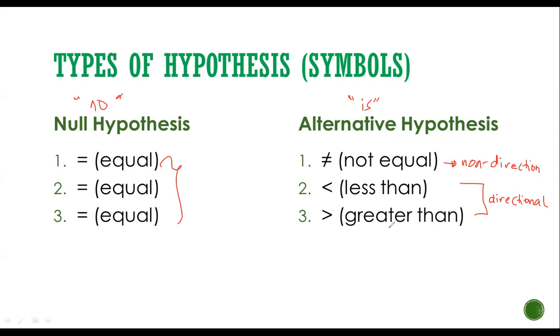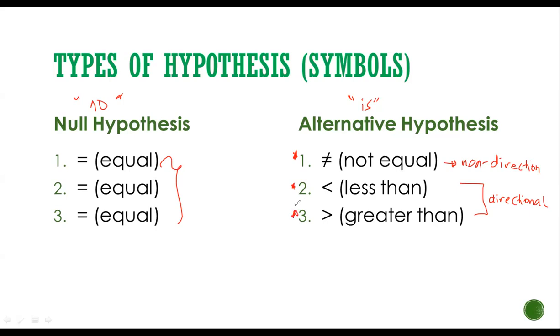Again, ano ulit ang definition ng directional, non-directional? Kapag hindi natin alam, pag wala sinabi sa problem na yung isa mas mabigat sa isa, yung isa mas magaan, yung isa mas konti, yung isa mas madami, anong gagamitin natin? Non-directional. Pero pag sinabi na yung isa mas maliit dun sa isa, yung isa mas magaan dun sa isa, gamitin natin to. Pag sinabi doon na yung isa mas malaki dun sa isa, yung isa mas mabigat dun sa isa, gamitin natin ito.